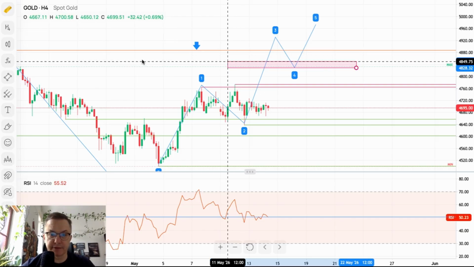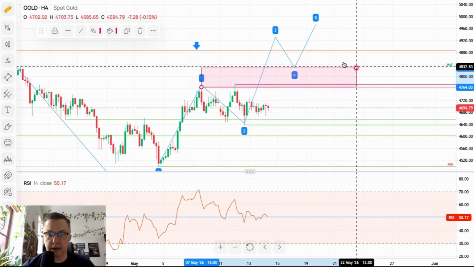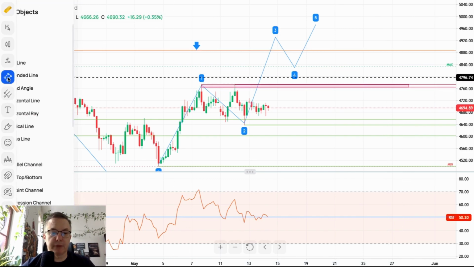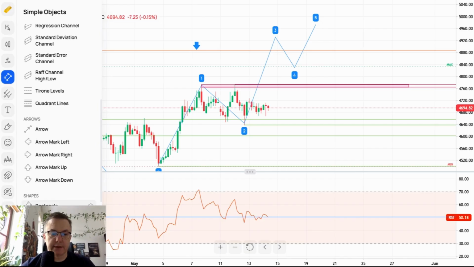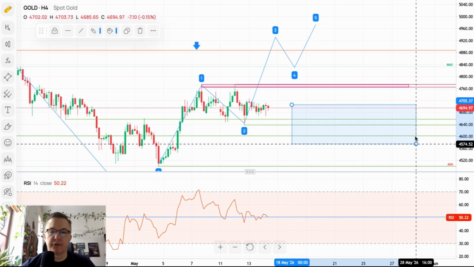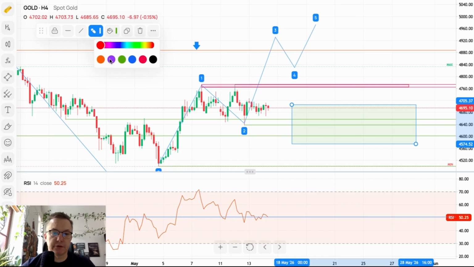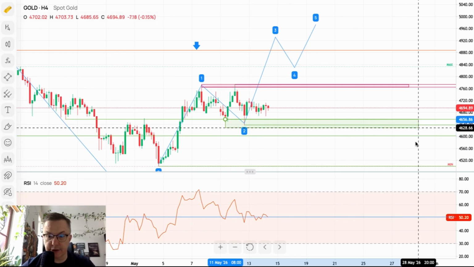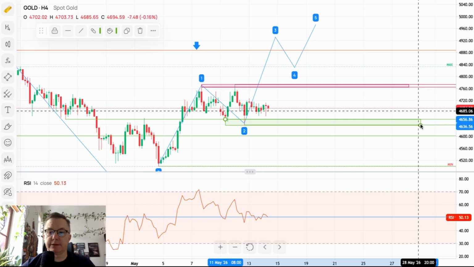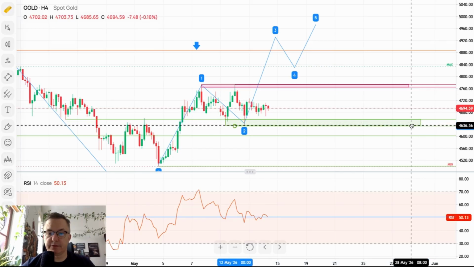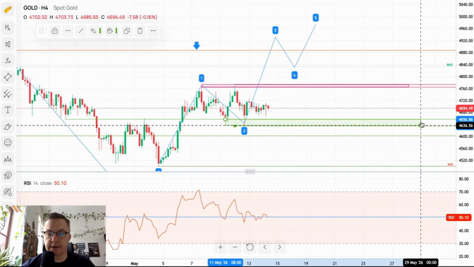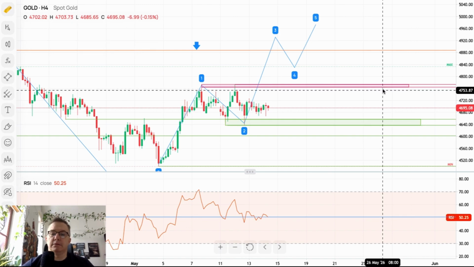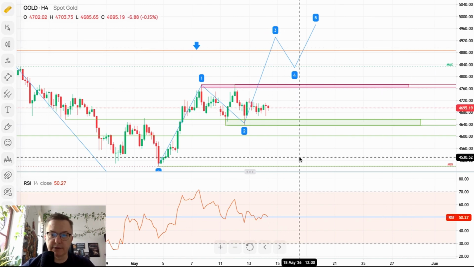So the supply zone is obviously from the high of wave 1 to this very, very narrow zone. Nevertheless, it's still some sort of supply zone, and that's the top border for the range. And from the bottom we got, let's say, this kind of a range here. So we got the movement to the upside, movement to the downside, basically ready here. There you go, maybe something like this. So we are waiting for the breakout,